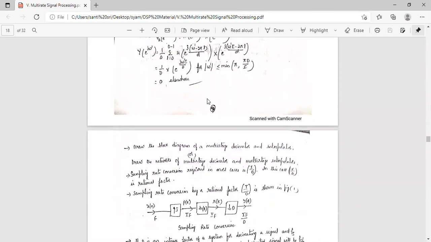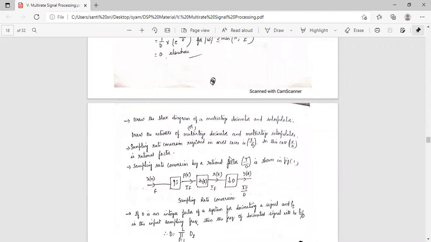Draw the block diagram of a multi-stage decimator and interpolator, or draw the networks of multi-stage decimator and multi-stage interpolator. Okay, decimator and interpolator, multi-stage decimator and interpolator. Okay, see,